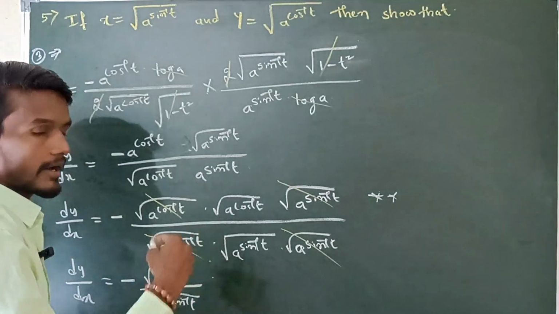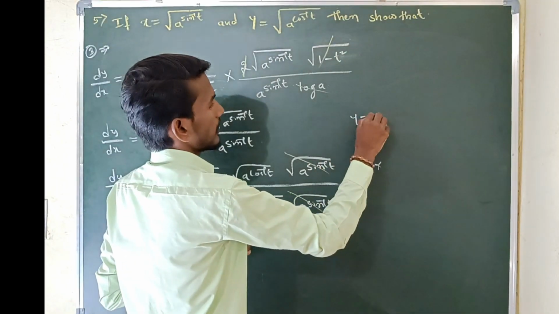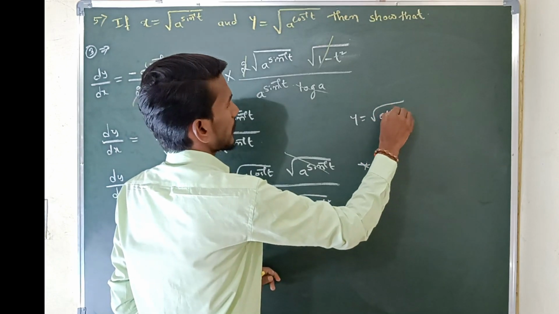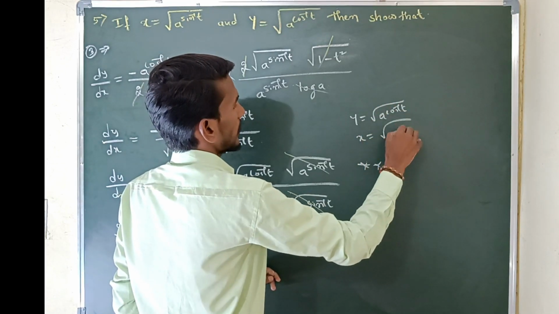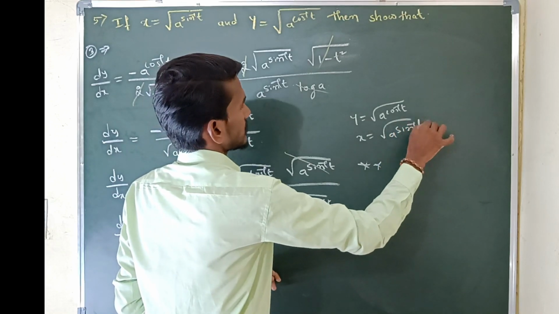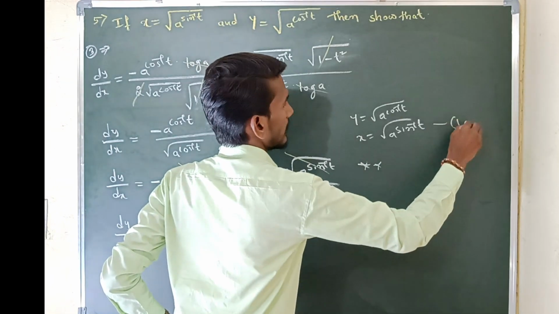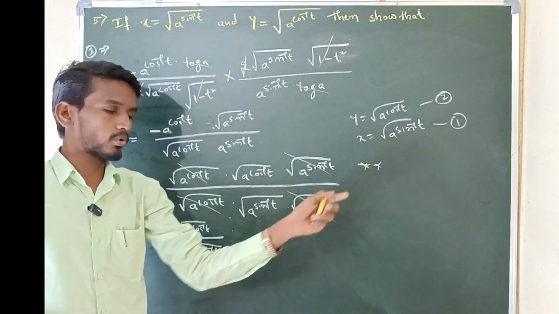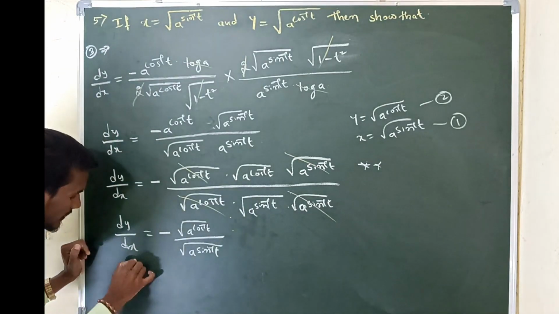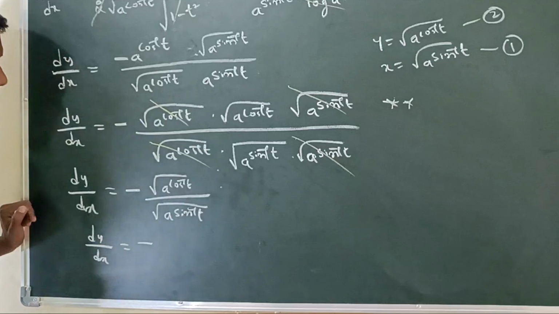But already in the previous equation, they have given y equal to root of a to the power cos inverse t and x is equal to root of a to the power sin inverse t. Now you have to resubstitute, it is equation number 1, it is equation number 2. Now using equations 1 and 2, it can be written as dy by dx is equal to minus, as it is,